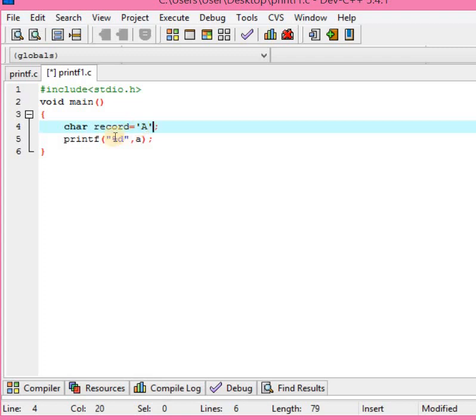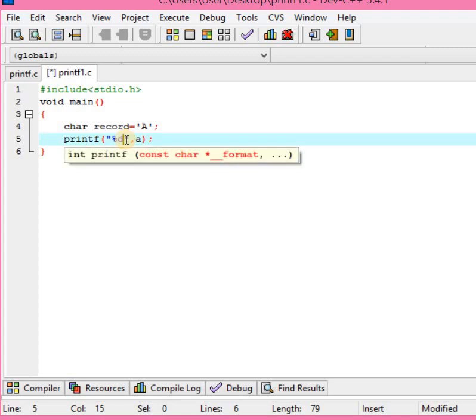Now in printf you can write some text. Record equals to, we are using char here, for that we use %c. Percent is known as modulus, %c, and here we use the variable record.